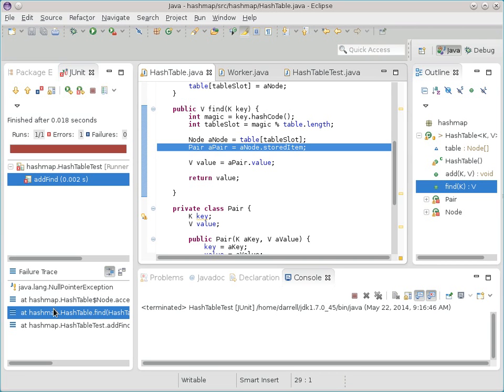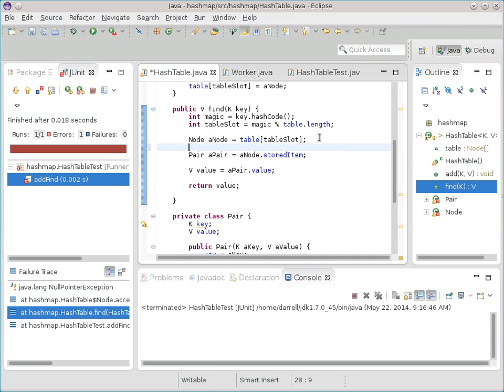Because there's a node but no parent. Null. The only way you get a null pointer exception, I keep saying, is if the thing on the left-hand side of the dot has nothing. So node has nothing in it because there was a null in that slot. Okay, so in find, now you know